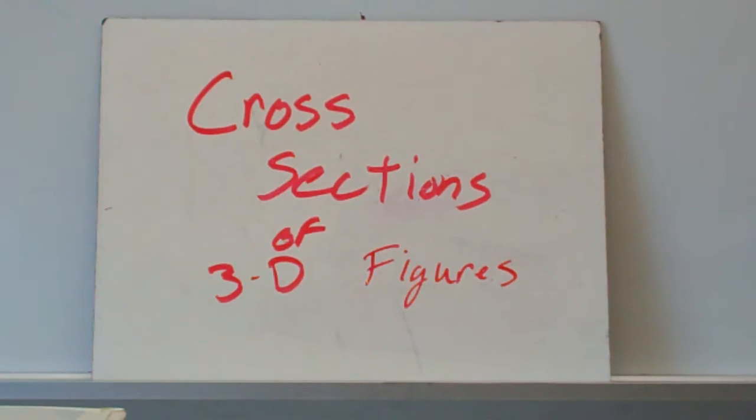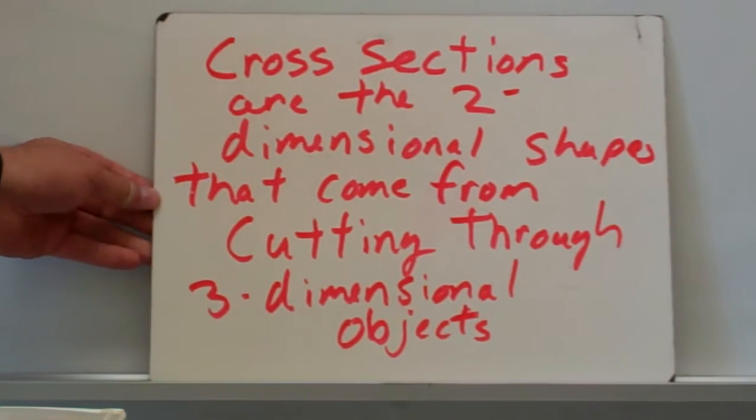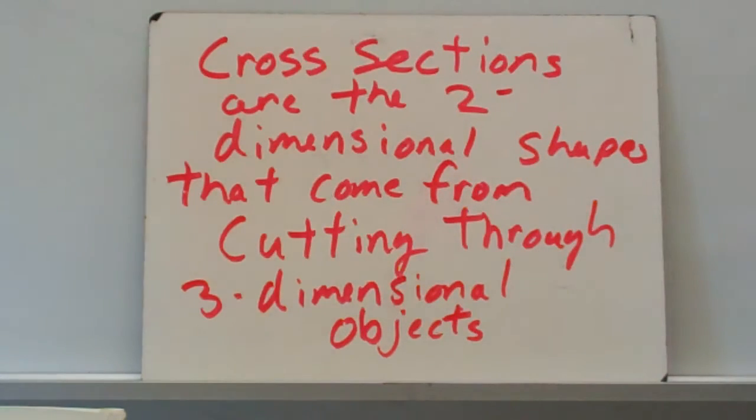Hey guys, today we're going to talk about three-dimensional figures and their cross-sections. A cross-section can be defined as the two-dimensional shape that appears when a three-dimensional object is cut through. So we're going to be looking at taking a three-dimensional figure and cutting it straight through, seeing what two-dimensional